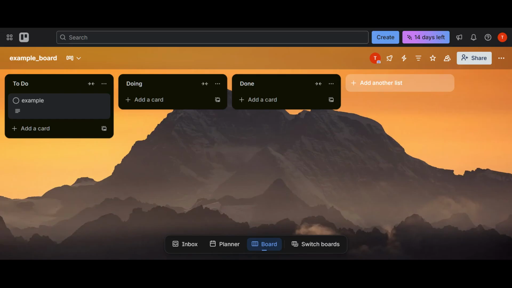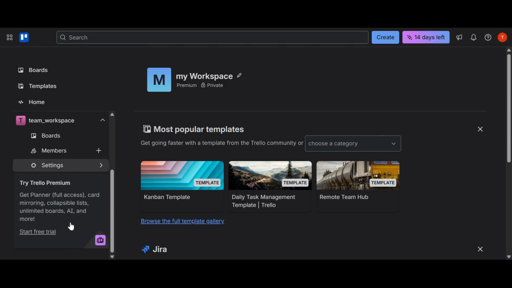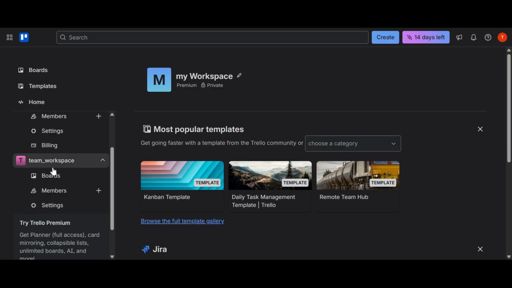First, open your browser and go to Trello.com, then log into your account if you're not already signed in. Once you're logged in, you'll land on your Trello homepage. This is where you can see your boards and workspaces. From here, look over to the left-hand side of the screen where your workspaces are listed. Now select the workspace that you want to delete. Make sure you click on the correct one, especially if you manage multiple workspaces. Once you click on it, you'll be taken to that workspace's main page, where you can see its boards, members,